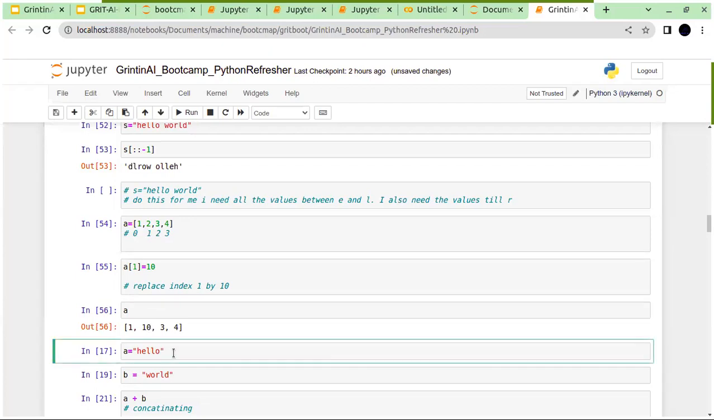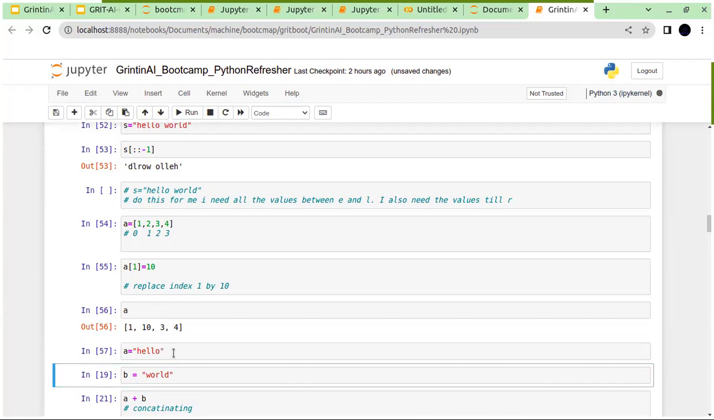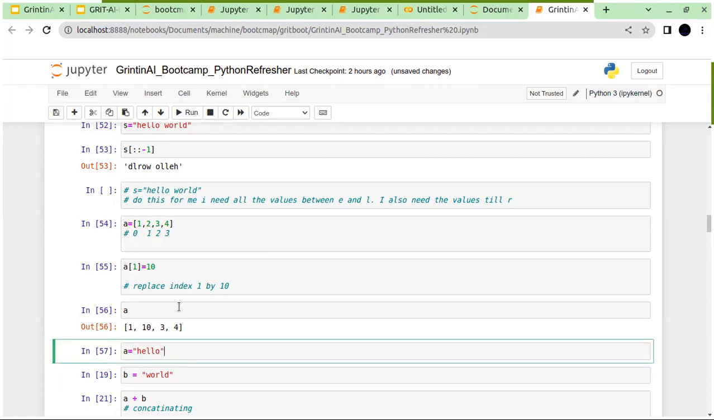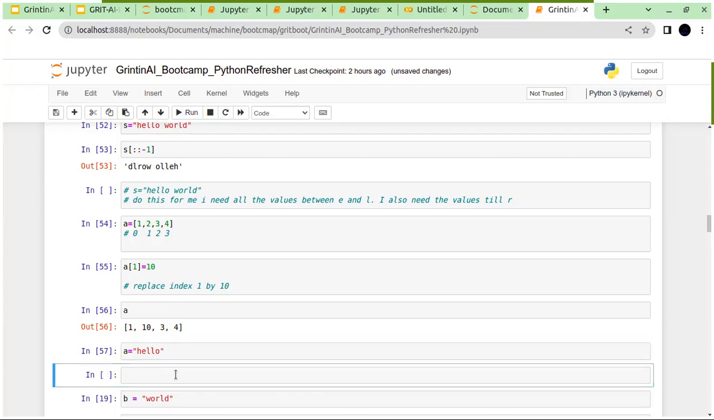Again, I can do this with letters. If A equals hello, let me open a cell below this. The shortcut to open a cell below is Escape B. So I can say A, replace E there for me with something else. Now E is index 1, so equals, replace it with